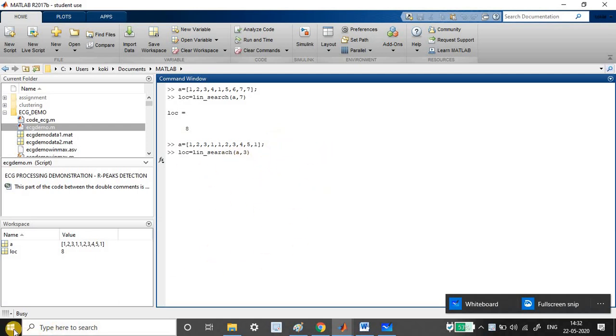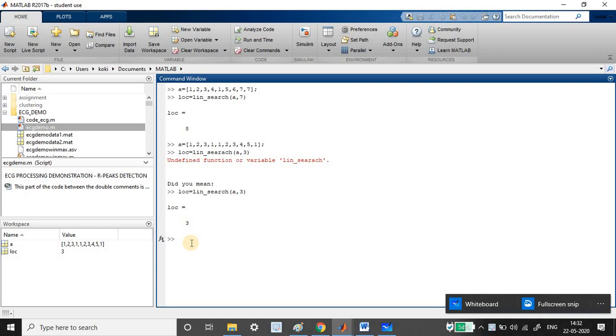Let us wait for some time, because can you see here on the left bottom corner it is showing busy. I have given the spelling wrong. SEARCH. I have added one extra a. So let us wait. Now, can you see the answer? It is 3.